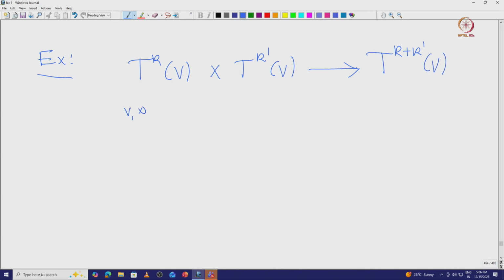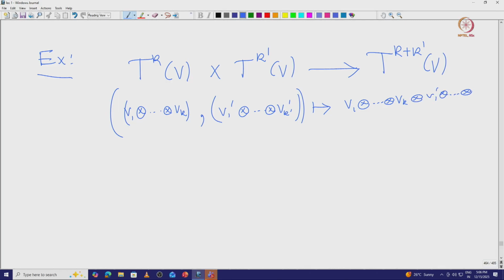You take the k-fold tensors and k'-fold tensors and map them to the (k+k')-fold tensor v1 tensor etcetera v_k tensor v1' etcetera v_k',